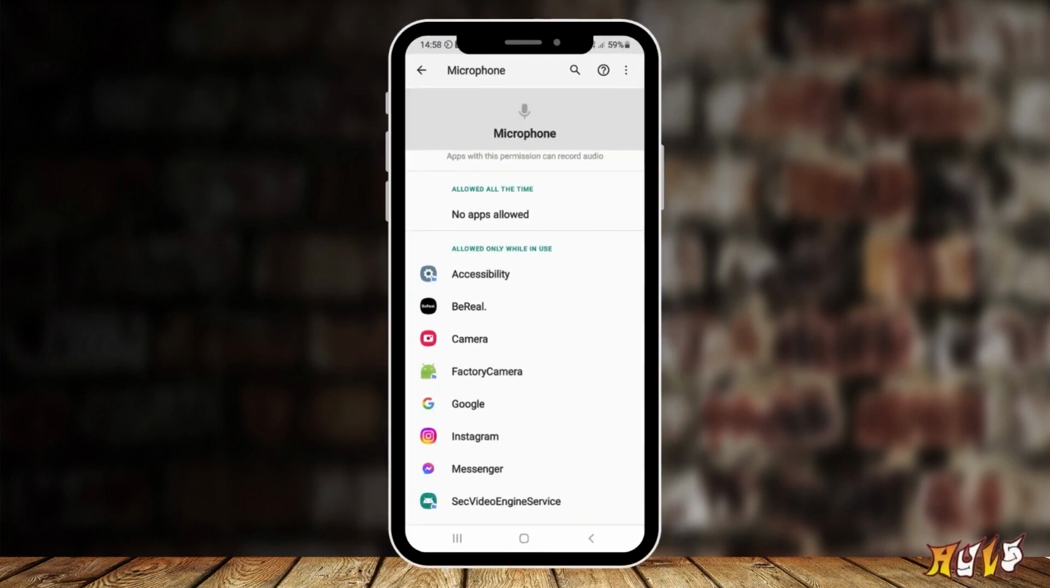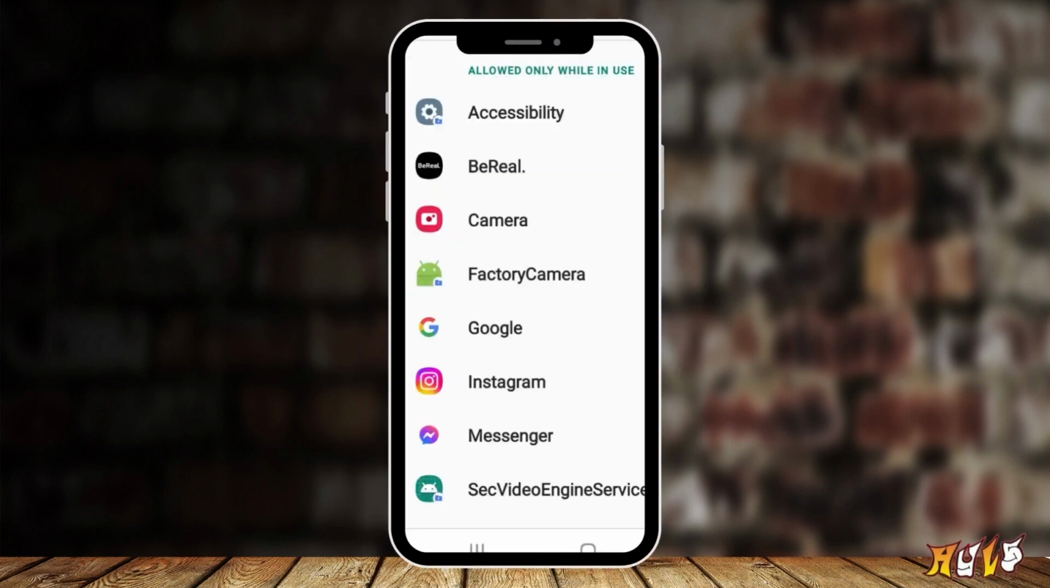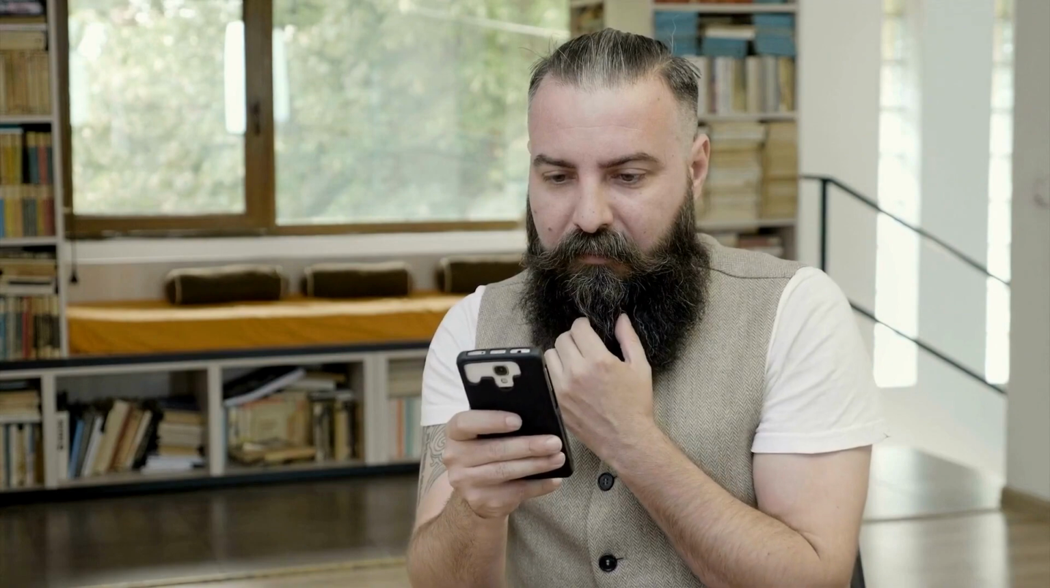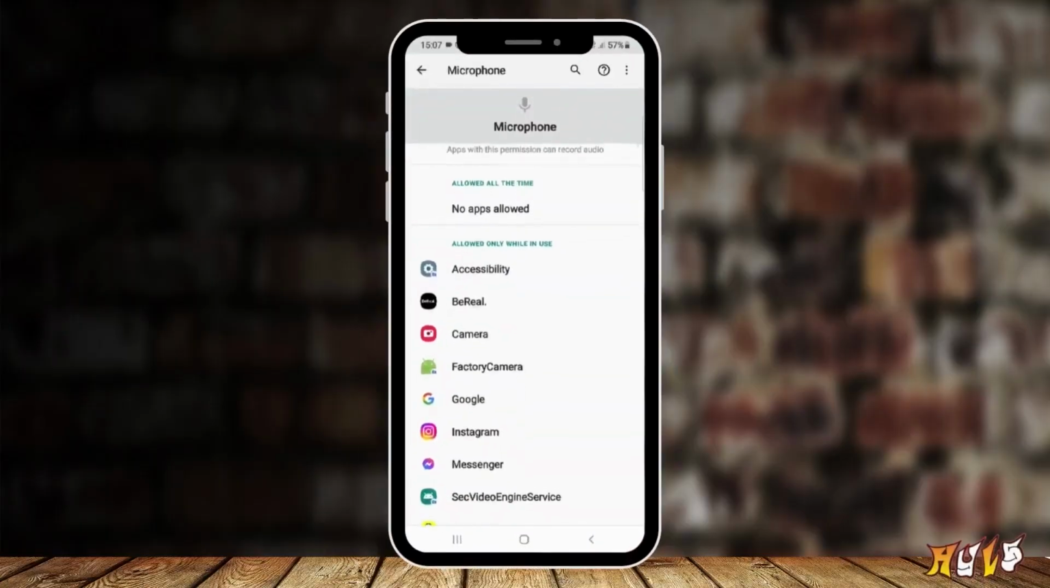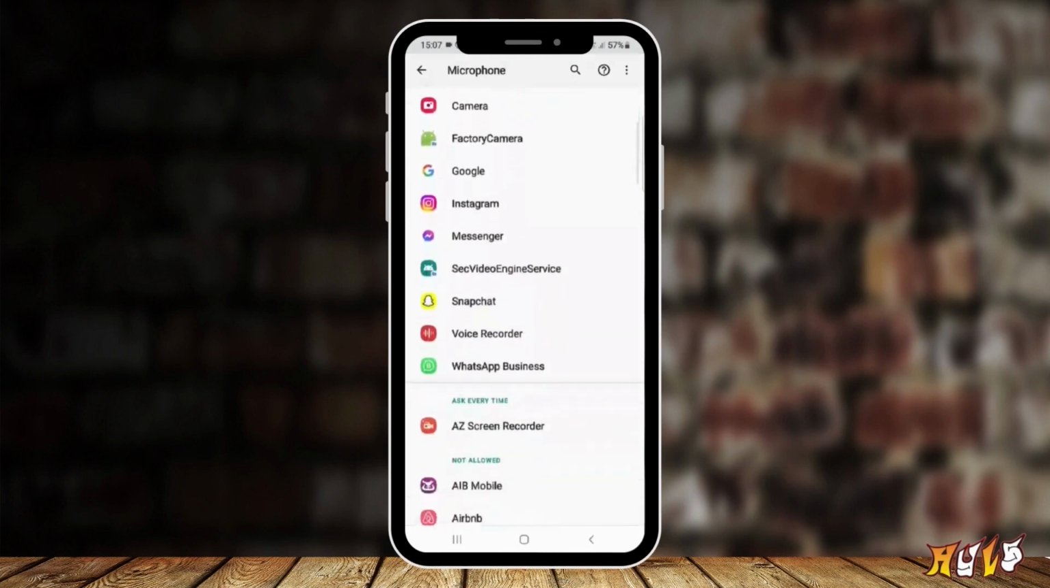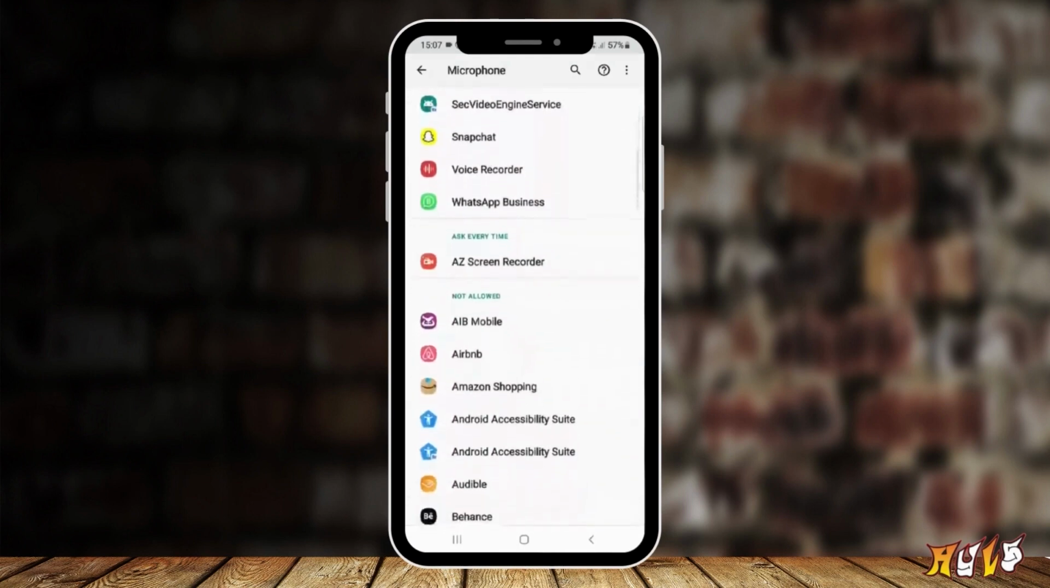Just go in, tap on microphone, see who has access to your microphone, and then logically go through it and ask yourself, does that app need access to your microphone? And if it does, you can leave it on but modify when they can have access to it. And if you feel they don't need access, then you can go in, press the deny button, and that will